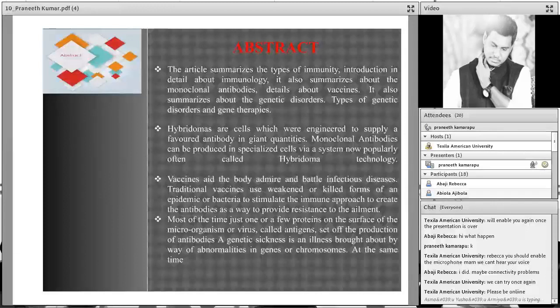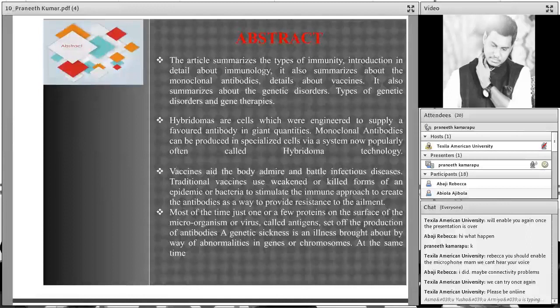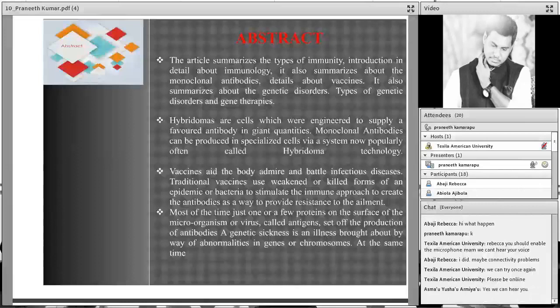Okay, thank you. This article summarizes the types of immunity and gives an introduction in detail about immunology. It also summarizes monoclonal antibodies and details about vaccines. I also summarize genetic disorders, the types of genetic disorders and genetic therapies, and I also describe